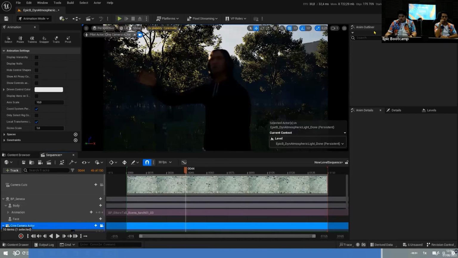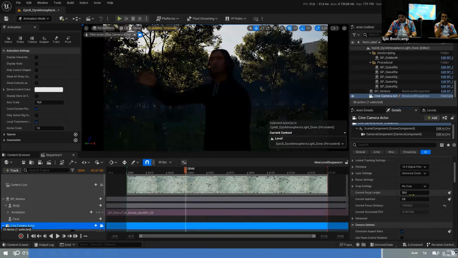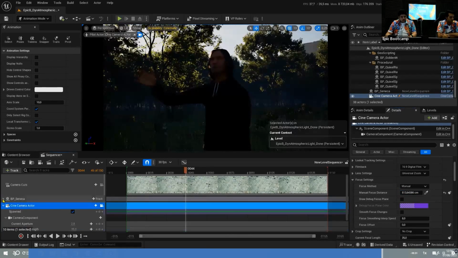So let's configure this element with the details and focus on whatever I need. Something like this can be. And now